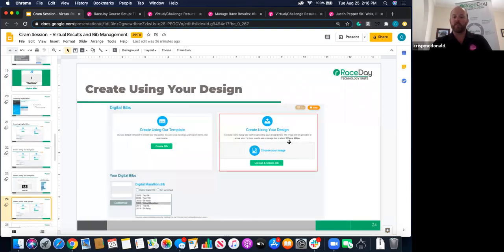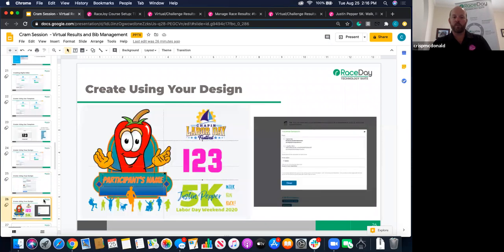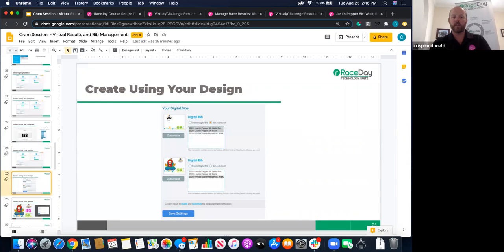It's a very, very similar thing for creating your own or using your own design. And so, this is what it looks like. So both of these bibs for the Justin Pepper 5K and virtual 5K, there's 2 different bib designs that they uploaded. One is for the real event, and one is for the virtual event. I'm not sure if you can read that, but the bottom one says virtual. But when we go into the virtual one, when we hit customize,